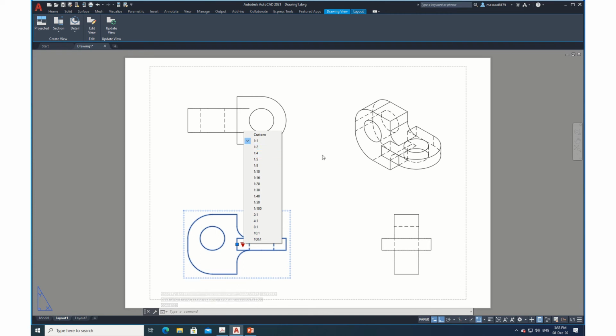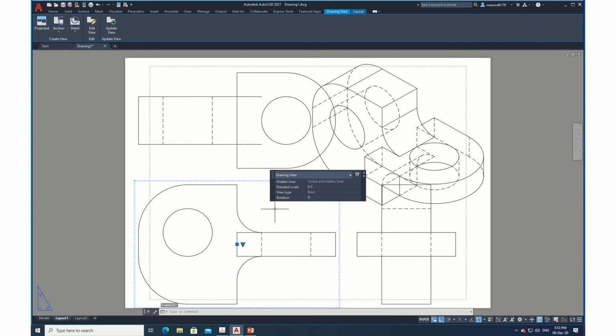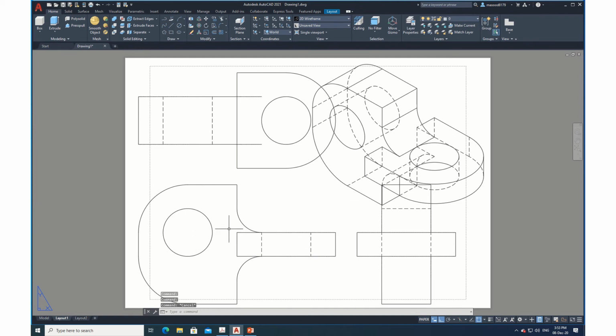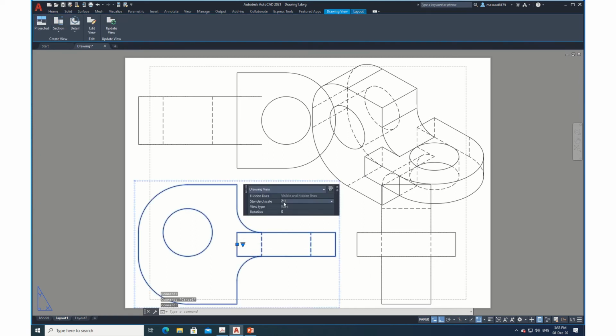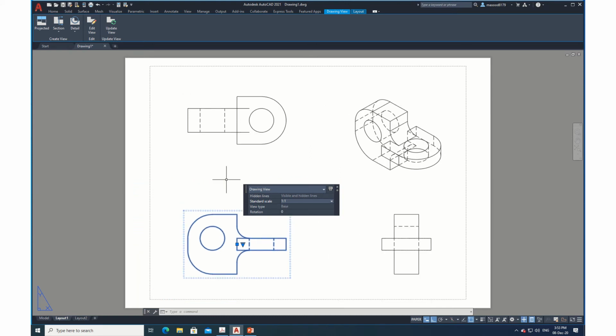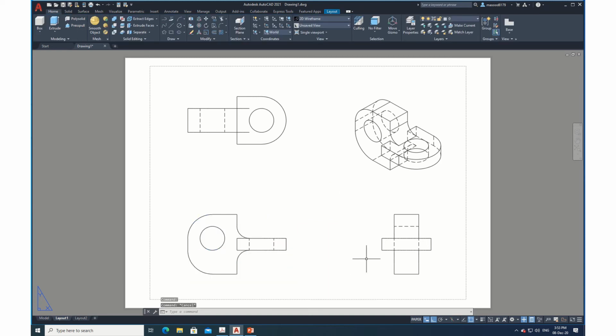Now, because there is enough space, we can just increase the scale. How much shall I make the scale? I can make it as 2:1. It is too big. Okay. Now I will just undo it. I will again click it. I will make the scale as how much? Custom itself I will take. It's not taking. Let me keep 1:1 only. Okay. Close this. So everything is there with you now. Escape. So what is the next job?